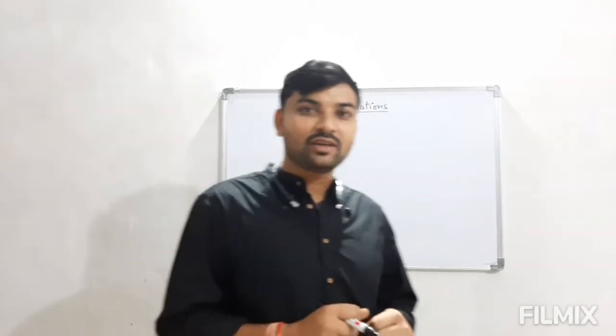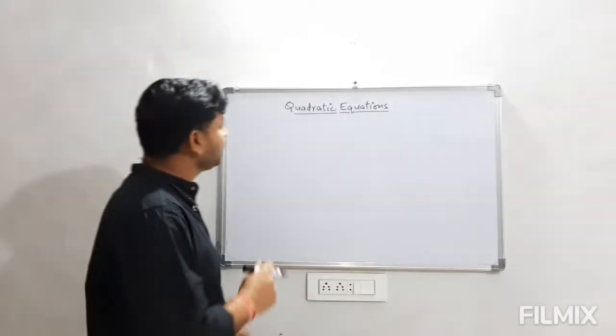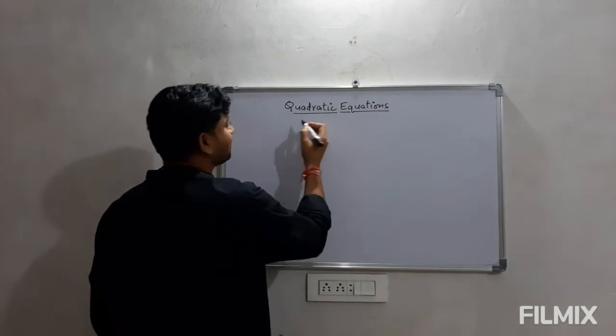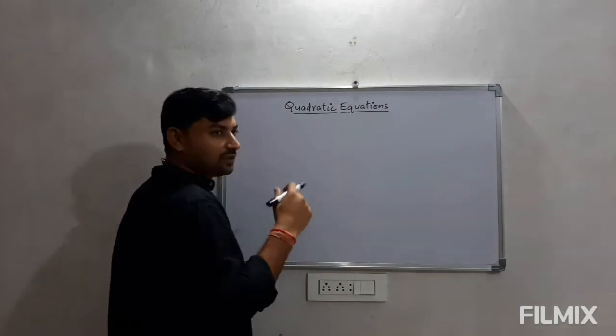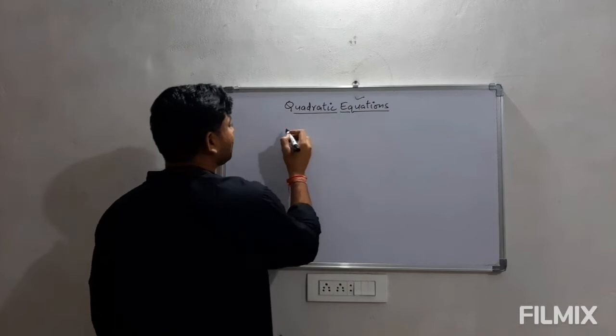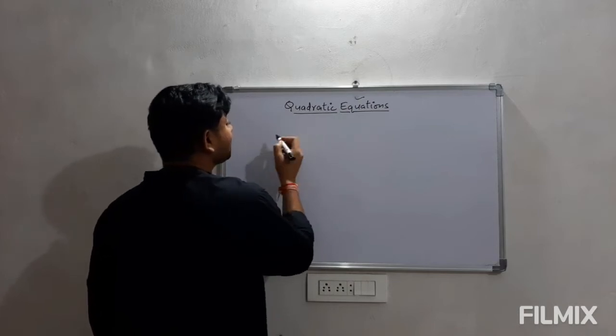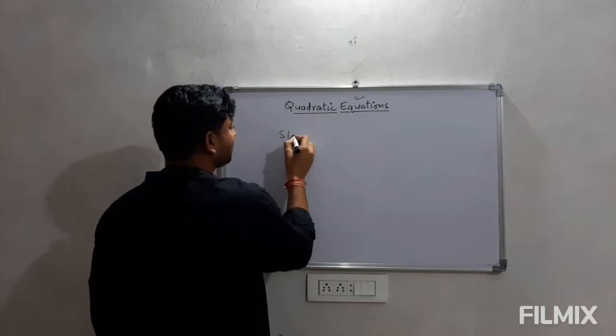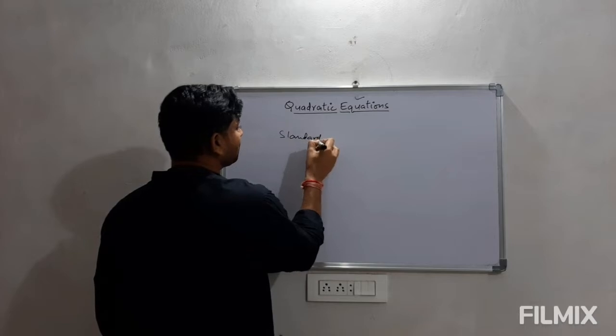Today in my video I'll be taking up the next chapter of class 10, that is quadratic equation. As you all know, quadratic means the degree of this polynomial is 2. Here we are writing equation. So if we talk about the general form of the quadratic equation, that is standard form